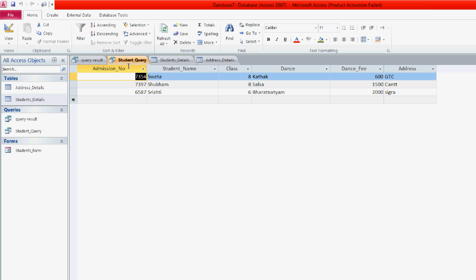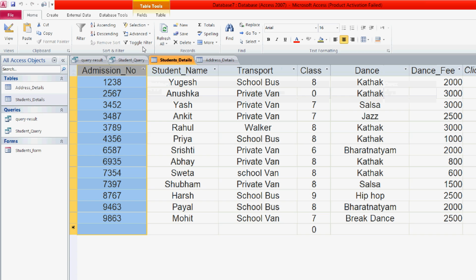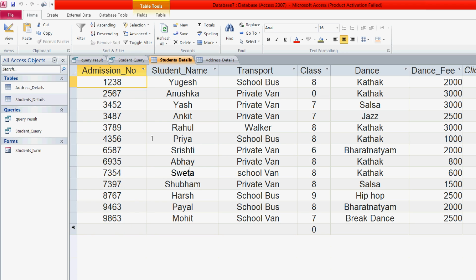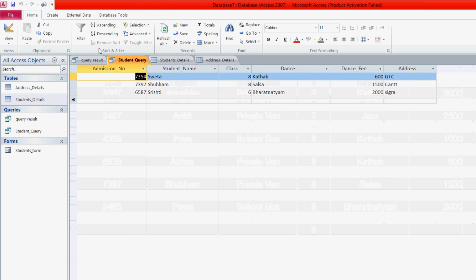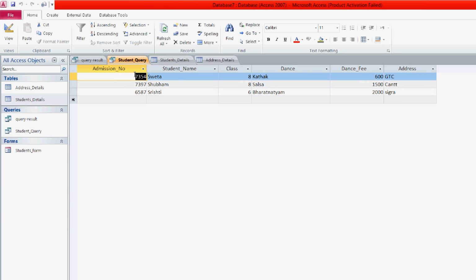Because we have specified the asterisk wildcard. If you see the student detail table, here we have three names starting with S. You can see Sweta, Subham and Srishti. The same three names are reflected to us when we are running this query.